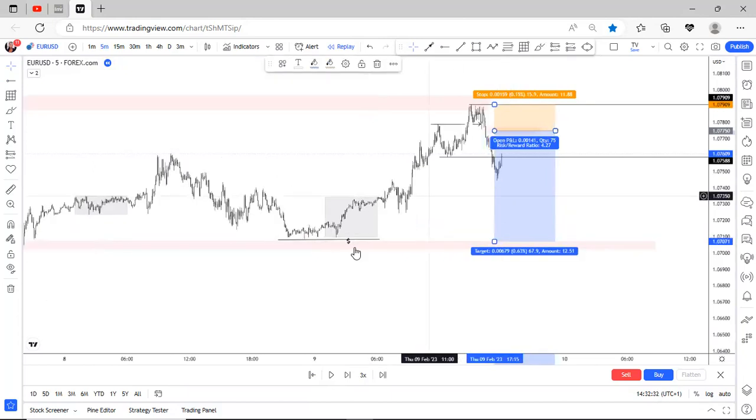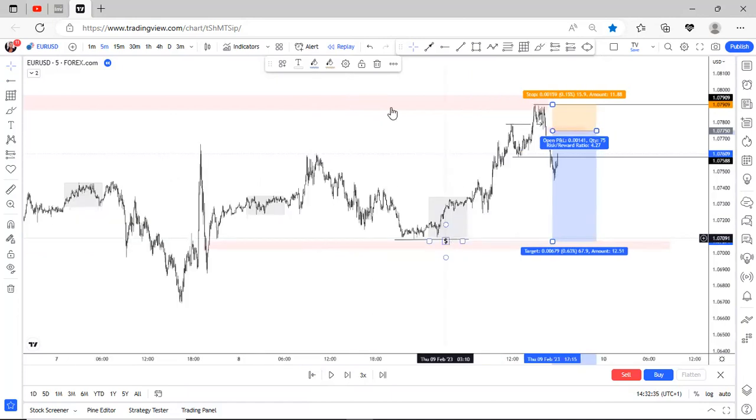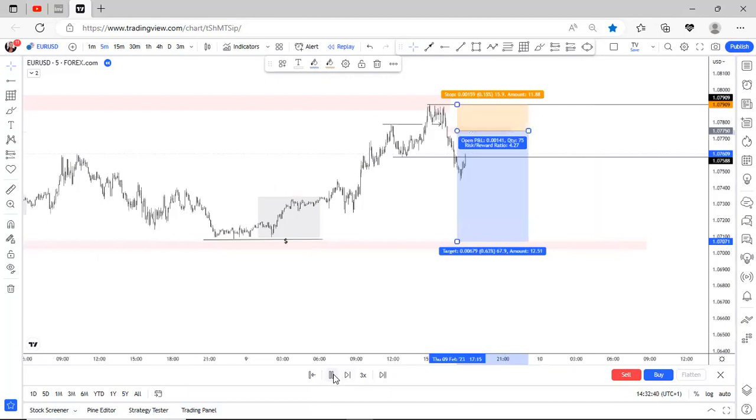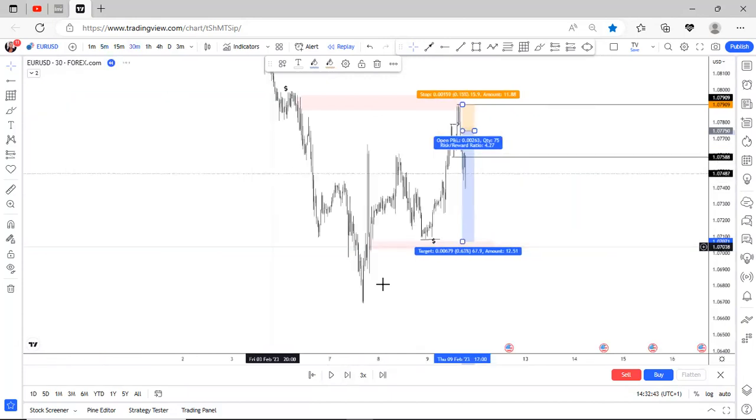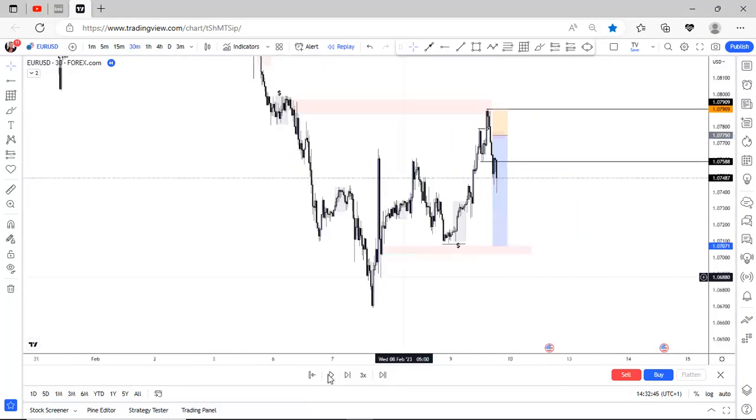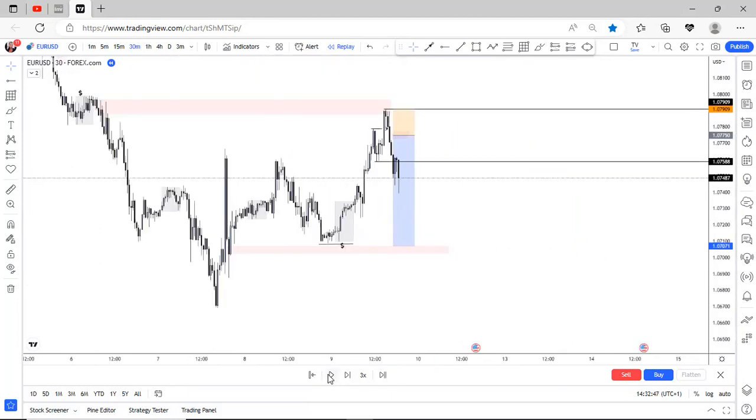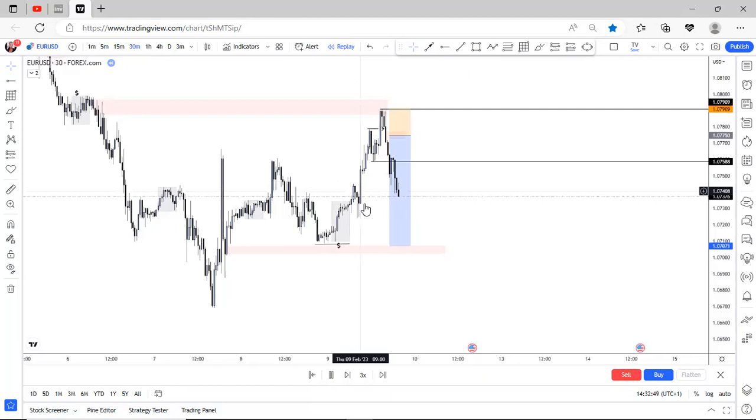because of course we still have liquidity at this level right here. So that was it for that trade. I think the market just went all the way down. So moving now on to